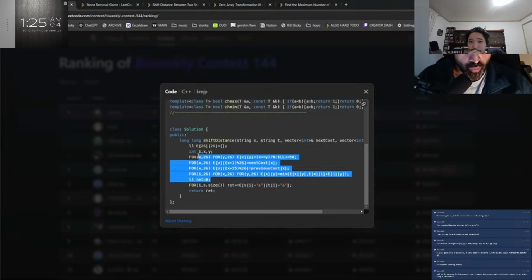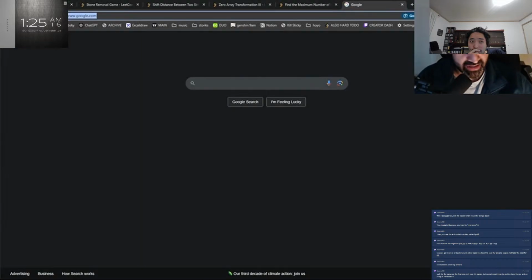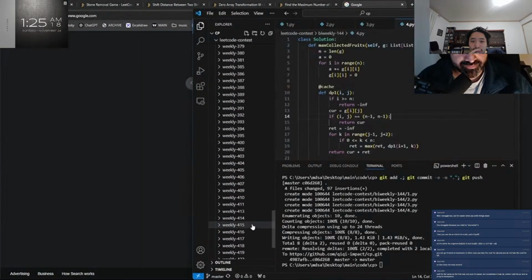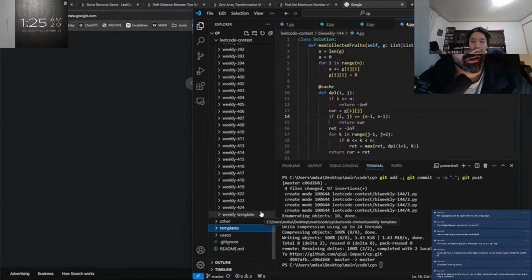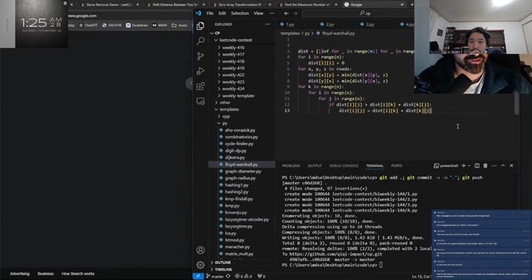Oh! They just did Floyd Warshall on 0 through 25. They just copy-pasted Floyd Warshall. Jesus Christ. Okay, I was thinking of doing that, but, okay. God damn it. Floyd Warshall algorithm, by the way, I have it in the GitHub. But basically, given a graph, it will tell you the minimum distance from any vertex to any other vertex in N-cubed. So Floyd Warshall is a really simple algo. That's one you should know.